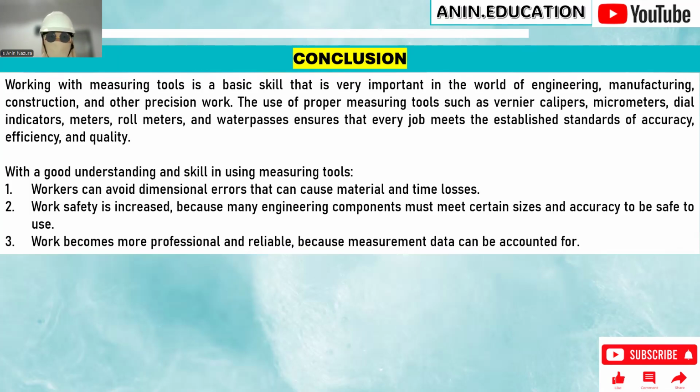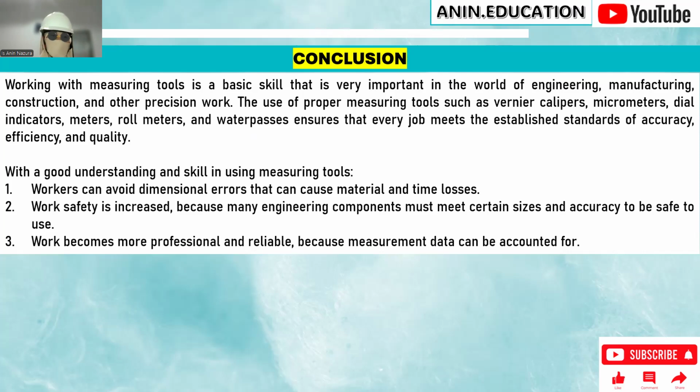Conclusions. So guys, in conclusion, working with measuring tools is a basic skill that is very important in the world of engineering, manufacturing, construction, and other jobs. The use of the proper measuring tools such as vernier calipers, micrometers, dial indicators, rulers, meters, and waterpass ensures that every job meets the established standard of accuracy, efficiency, and